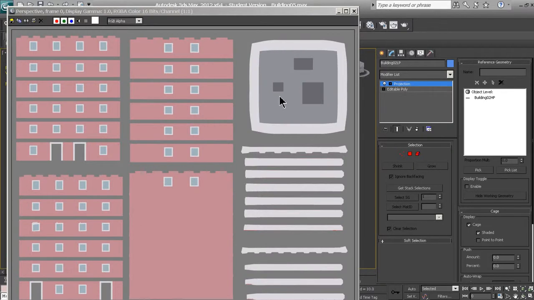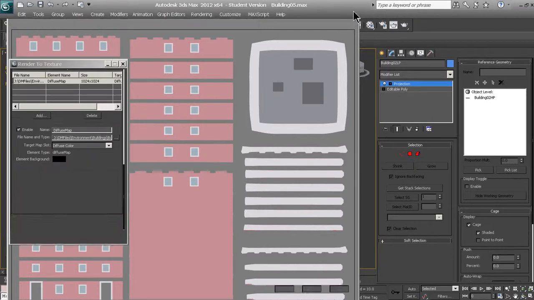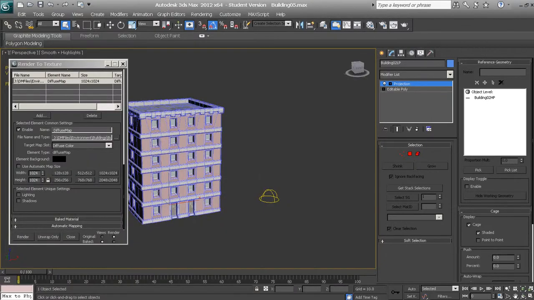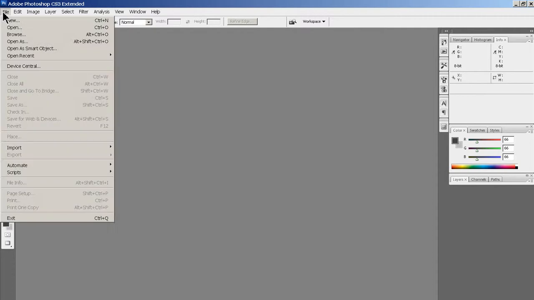All right, cool. So here we have, it's given us the texture map. This isn't actually the diffuse map, but it looks pretty good. And this is basically what our actual diffuse map will look like. But let's close that out, and I'll just go into Photoshop and show you what we just created and